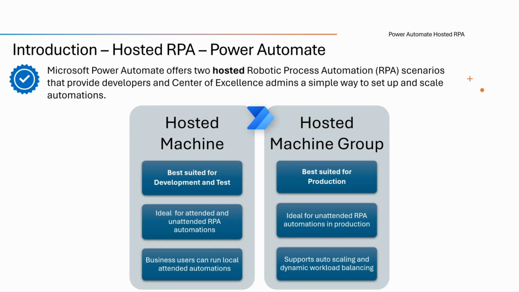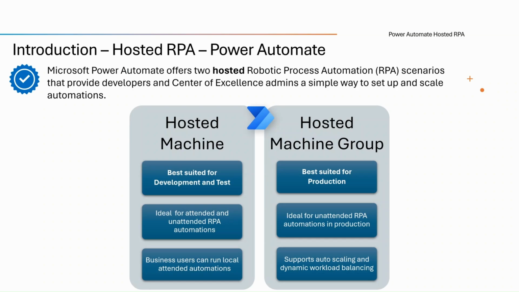To simplify the bot infrastructure needed for makers and Automation Center of Excellence teams, Microsoft Power Automate has two offerings. One is the hosted machine, the other one is the hosted machine group. Hosted machine is best suited for development and testing of automations, ideal for attended and unattended run modes. Hosted machine group is aimed to run unattended automations without any human intervention in a production environment. Hosted machine group also supports auto-scaling of the bots to maximize the compute infrastructure and also dynamically perform workload balancing